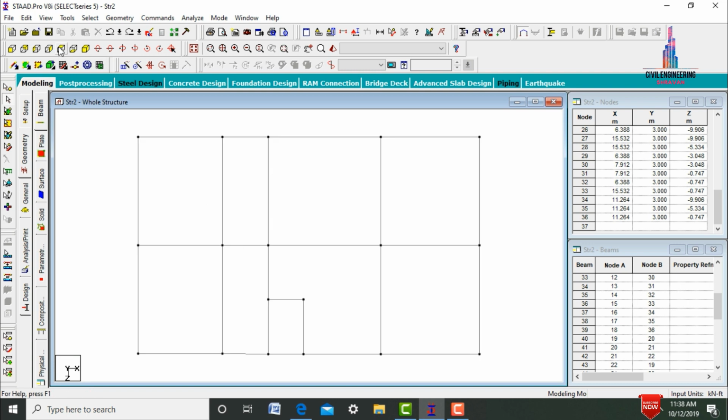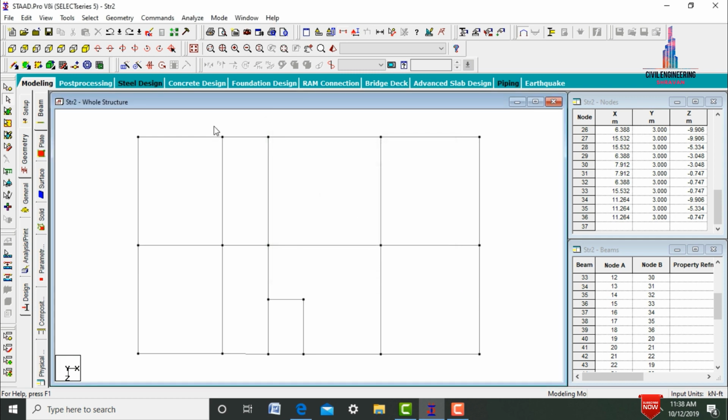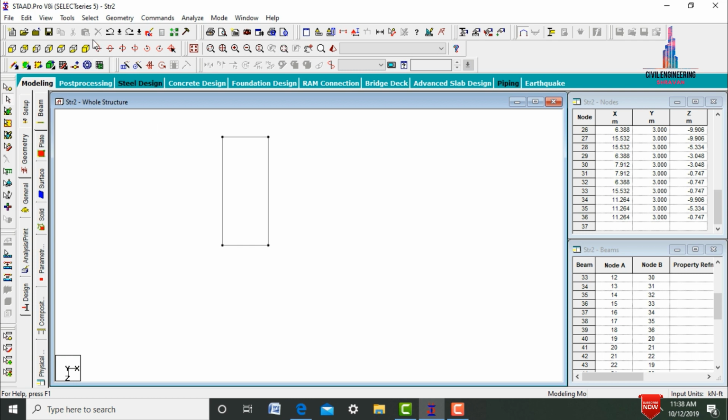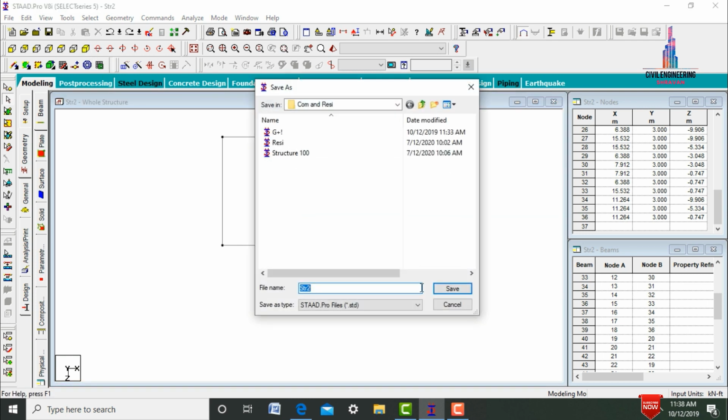So for that select the top view option here. So here I am selecting the cut section command option, select top view option, click on OK. So here we need to select this respective option. I am selecting these beams and column sections. We need to create the staircases for this respective section only.